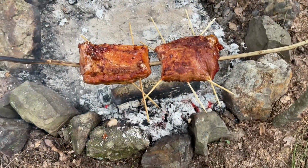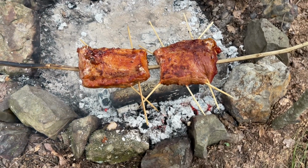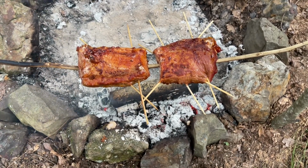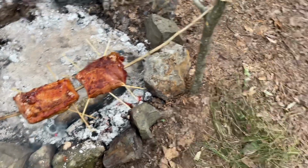What do you think, T-Dog? Man, that is looking good. And you know the beauty of it? We did all of that by resourcing the outdoors. Well, we made our sticks. What do you call that? A spit. It's a rotisserie. Made our rotisserie. We bought the meat from Walmart, but it could have been killed out here. It could have been, but